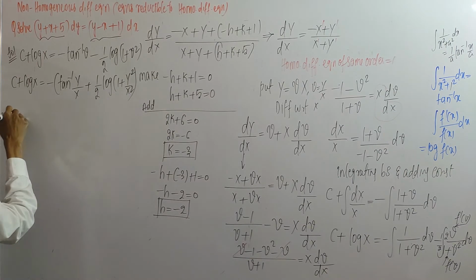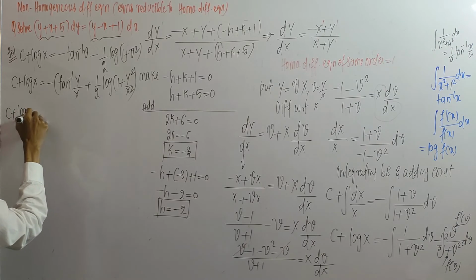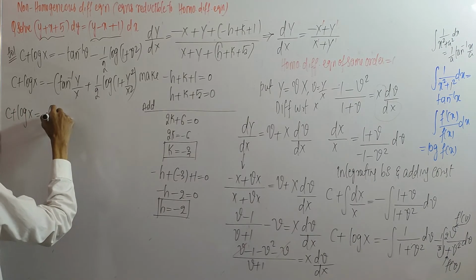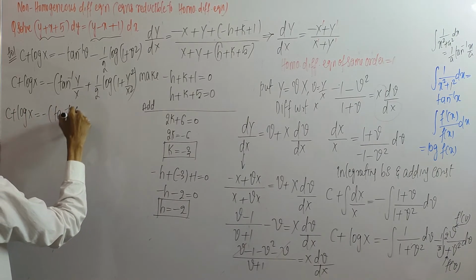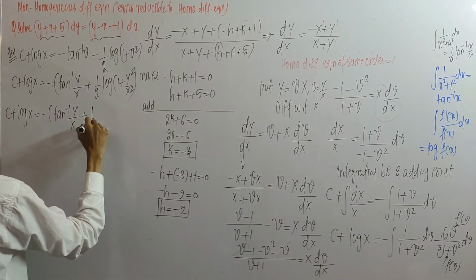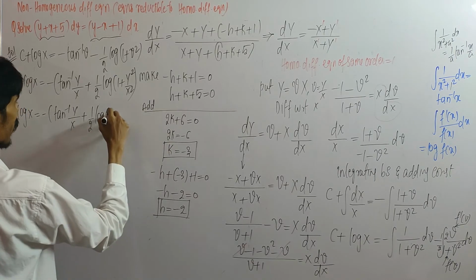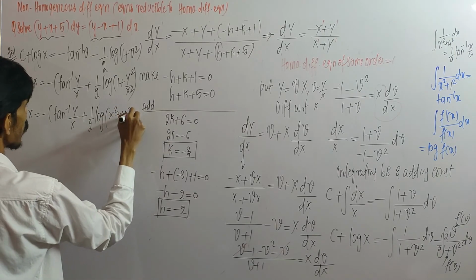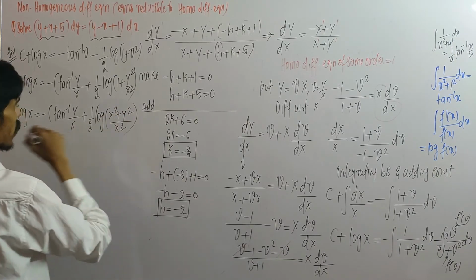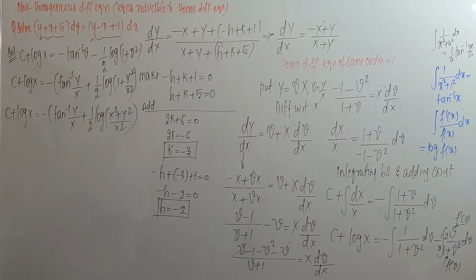So this will become c plus log x is equal to minus of tan inverse y by x plus 1 by 2 log of, if I take LCM here, we'll get x square plus y square upon x square. Okay, so here we have c plus log x